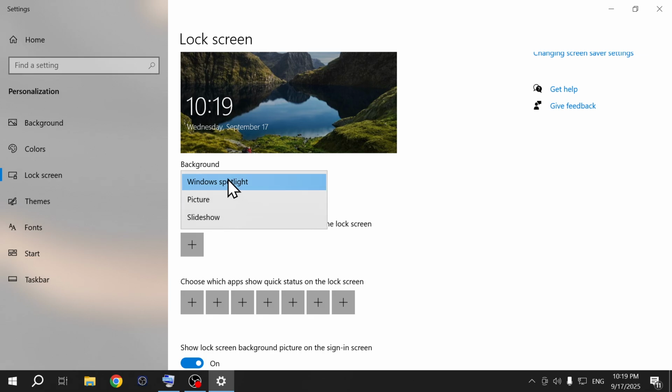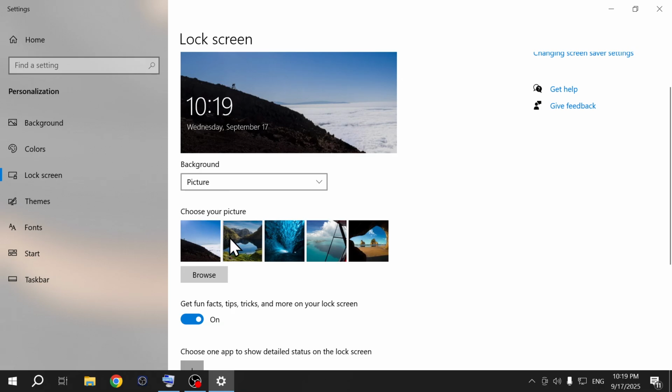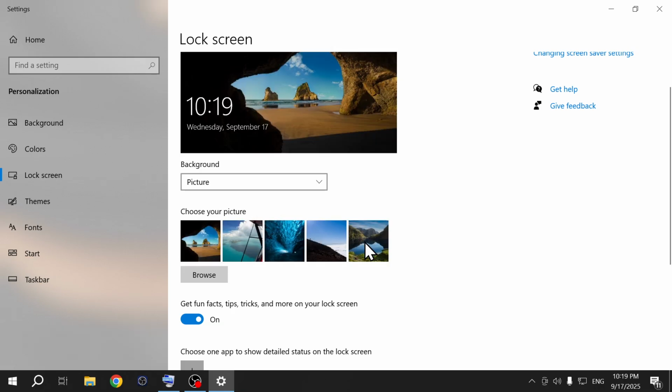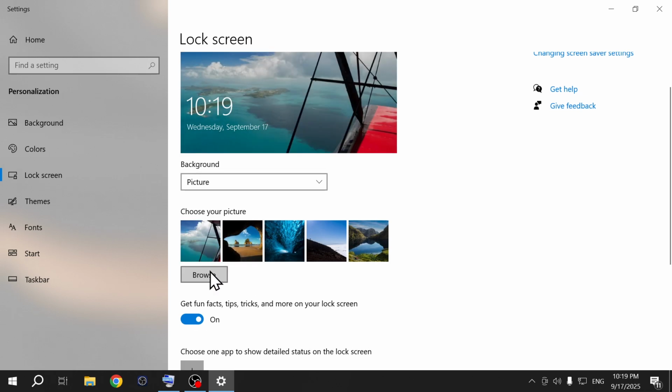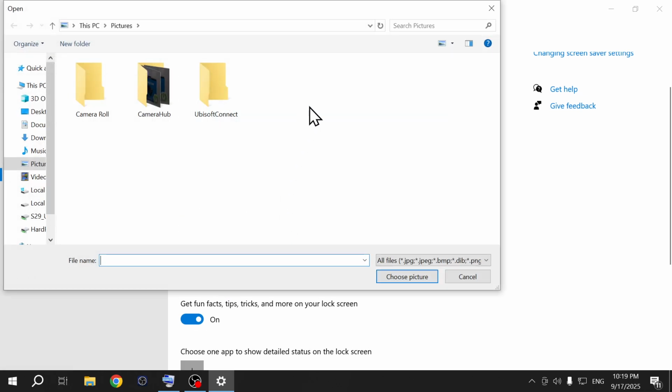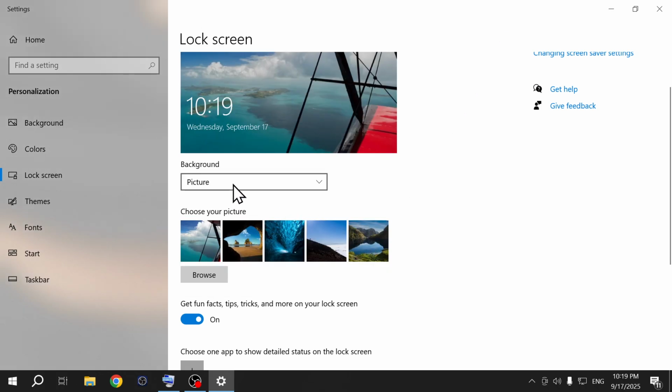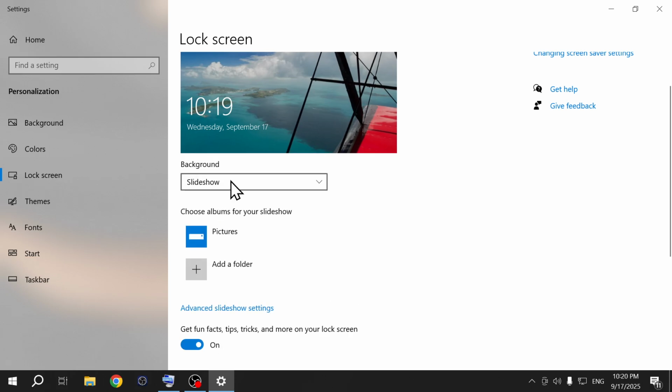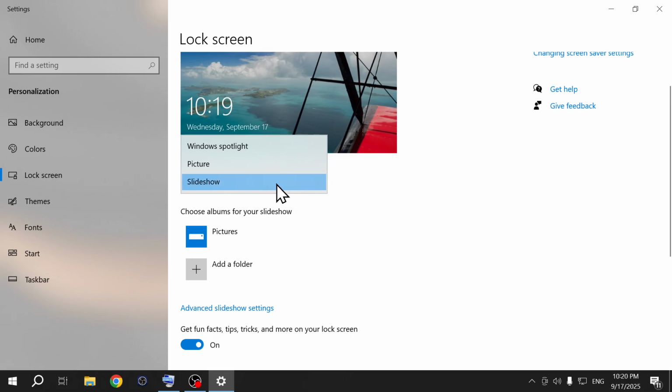By default you have the Windows Spotlight background, which sets a random wallpaper on your lock screen every once in a while. Now if you select Picture, you can either choose one of the default pictures right here, or you can select Browse and browse for the photo in your File Explorer. Additionally, you can select Slideshow and select a folder with photos to set on your background,